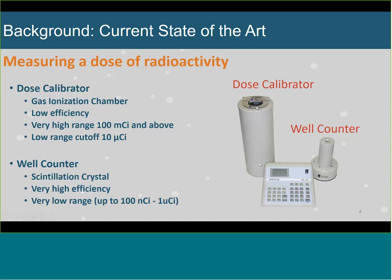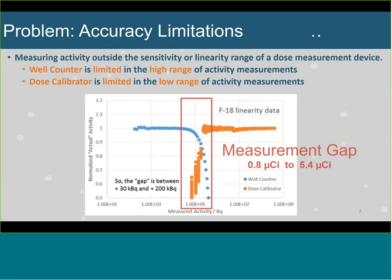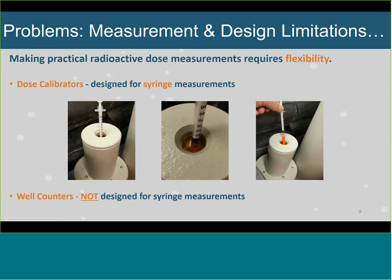This holder is actually a syringe holder, with some holes for vials and other things. So it's really designed to do the full syringe measurement. But when you look at the well counters, you can't measure syringes, right? It's not designed to do a syringe measurement. And so if you want to use a very small dose, you have to then either use dilution methods,